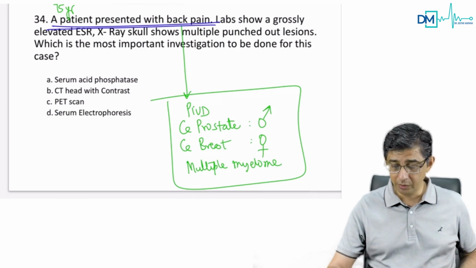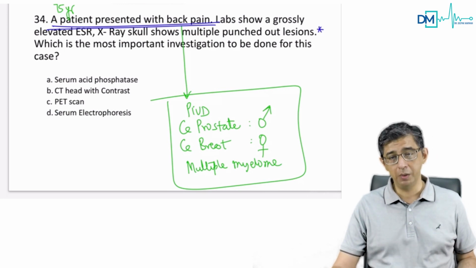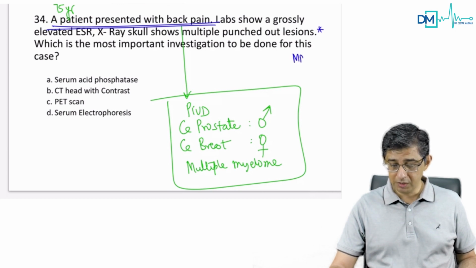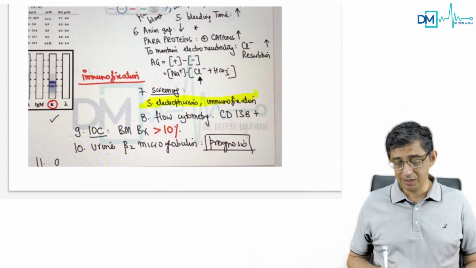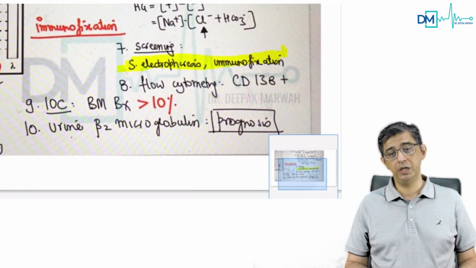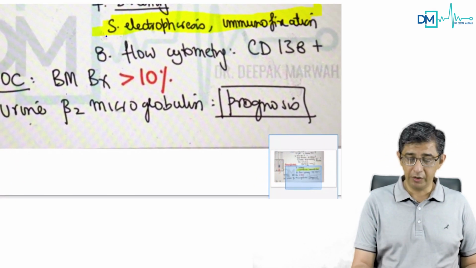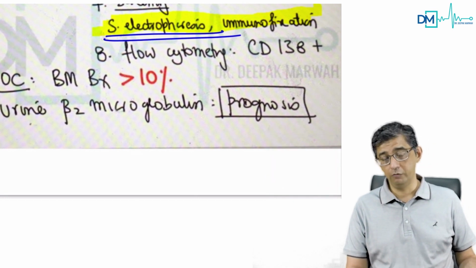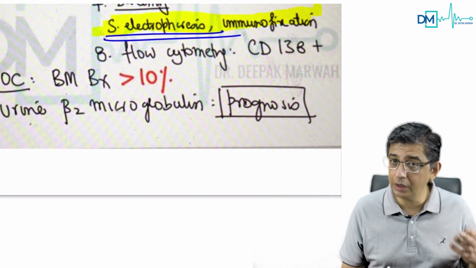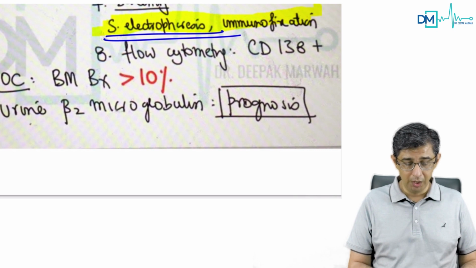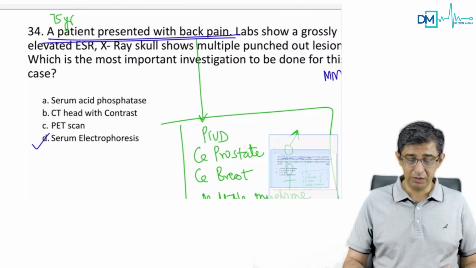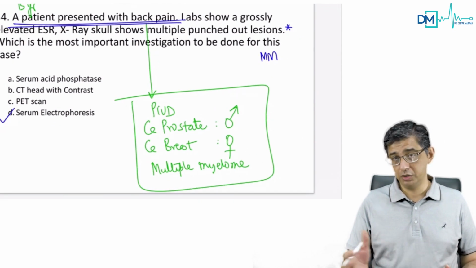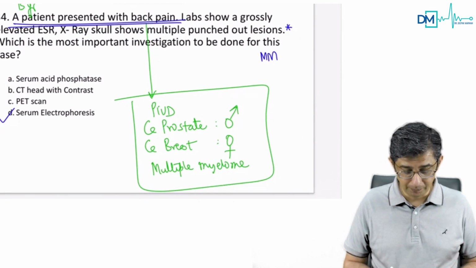And then you can see punched out lesions. So he's telling you it's multiple myeloma because of the punched out lesions, and he's asking what test would be done in this chap. I can show you a snapshot from the app where I have discussed multiple myeloma. The highlighted screening test is electrophoresis. We can do either a serum or a urinary electrophoresis in the patient that will show a monoclonal component or an M spike. The correct answer to this question is delta. And do remember the differentials for low backache in old age.